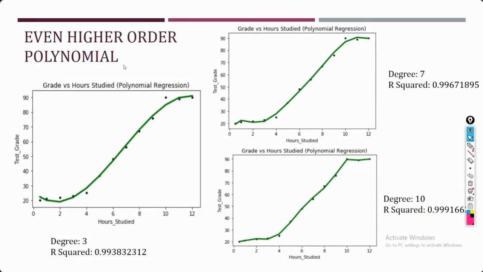In this way, by using polynomial regression, we can fit our model to our data set very well. Now, if I'm tightly fitting to the data set, that also creates a problem. We will see why tight fitting is avoided in the coming slides.